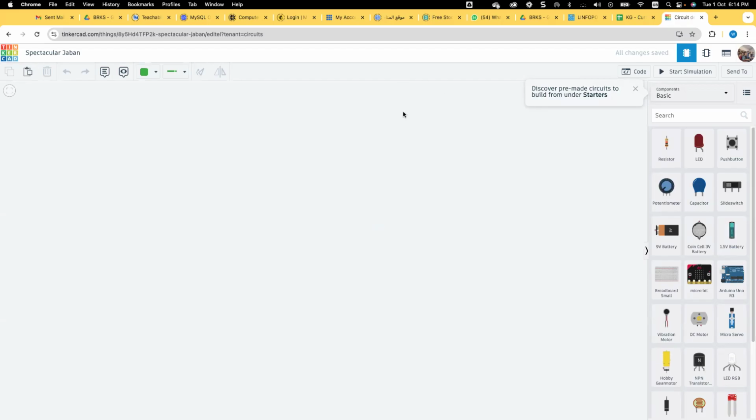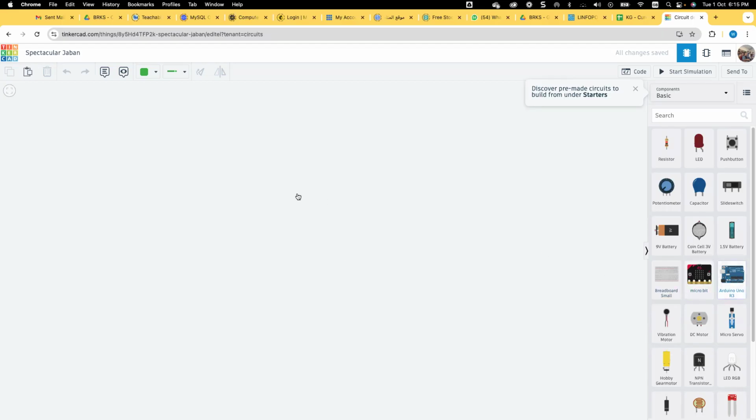So the moment the platform opened, you can see that on your right, you have only two microcontrollers available on this platform. As I told you before, in the world we have only two leading microcontrollers, which are the Arduino and the micro:bit.